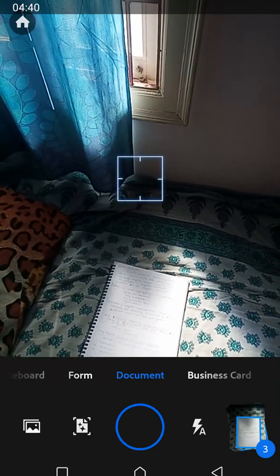If it is not good, then click on the button retake. Suppose you feel the image quality is not good, because I am in a closed room now, to avoid the disturbance, to avoid the sounds, that's why the clarity is not good. Click on continue. So now you can see down.